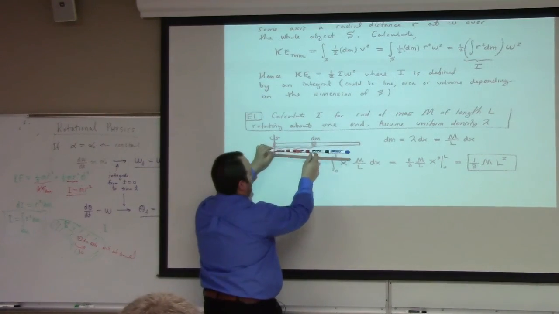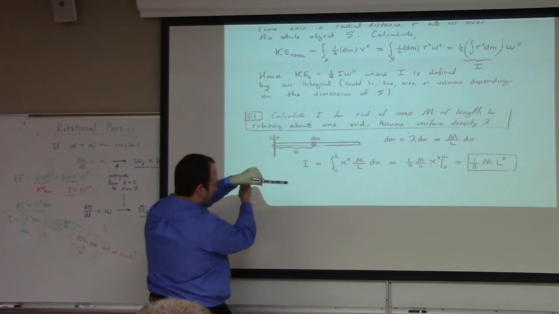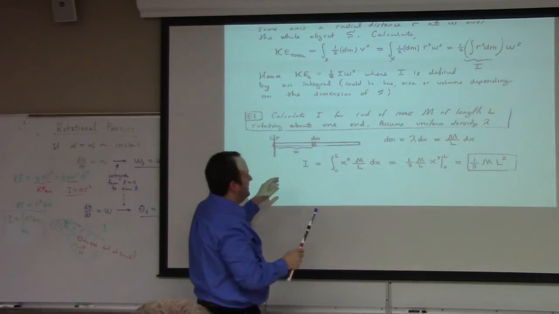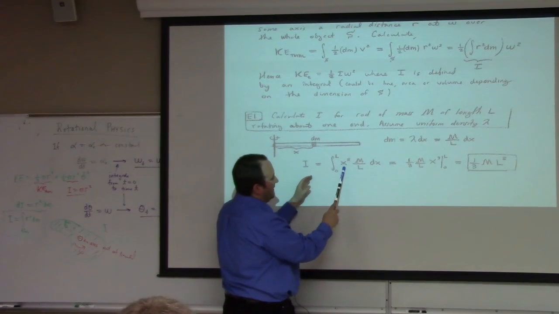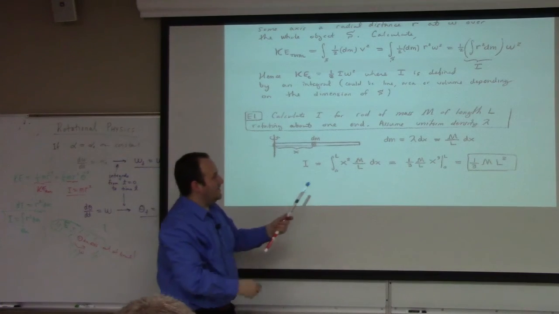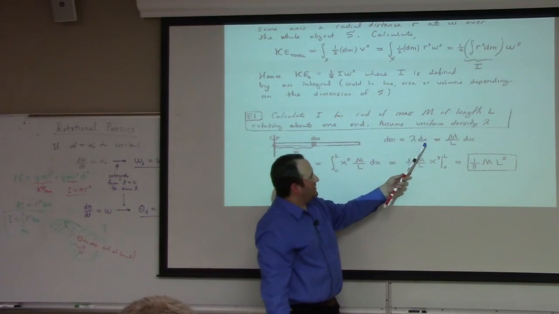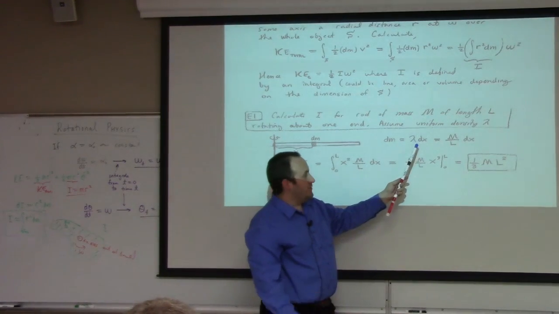Like this. Okay, you get the idea. And then I have to calculate this integral from 0 to L of x squared dm. So dm is what? It's lambda dx. What is lambda? Lambda is the mass per unit length, which, by the way, is the total